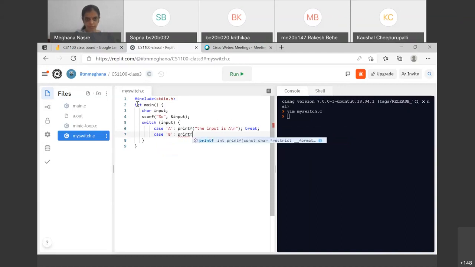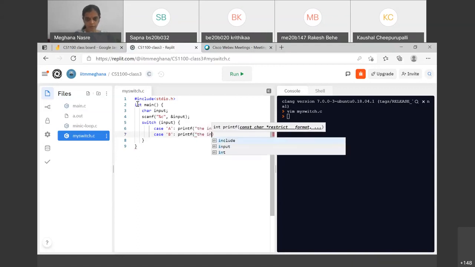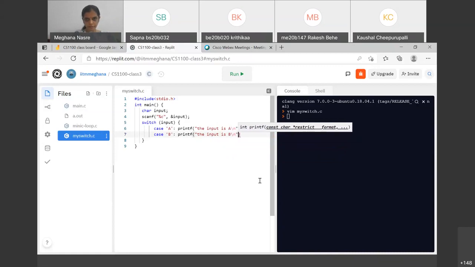It auto-completes some of the things, and it's also slightly slow. Okay, so I'm just going to have two inputs, and then I say default is